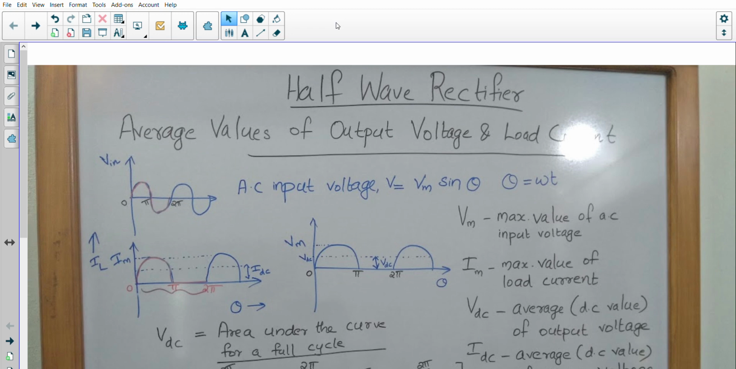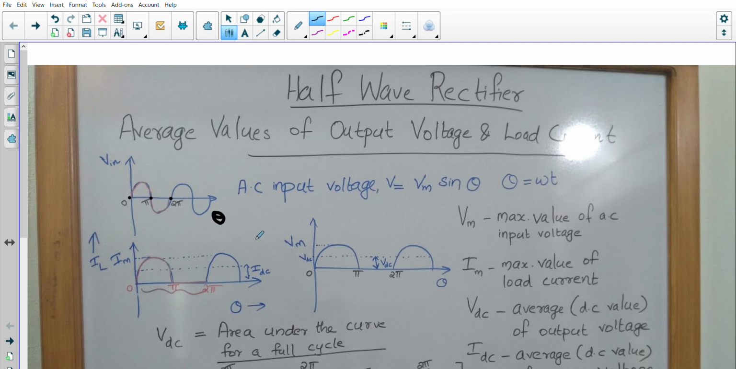So, first we consider an AC input voltage, which is represented by a sine wave. Here, on the x-axis it is theta and on the y-axis it is voltage. Theta varies from 0 to 2 pi for one cycle. 0 to pi is the positive half cycle and pi to 2 pi is the negative half cycle. So the AC input voltage is represented by the sine wave V is equal to Vm sin theta, where theta is equal